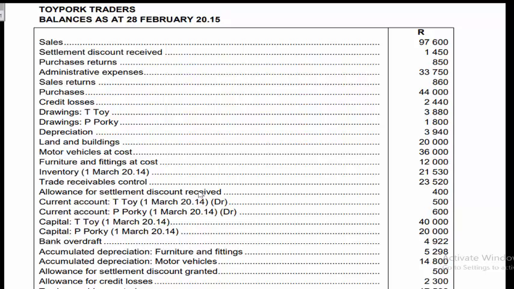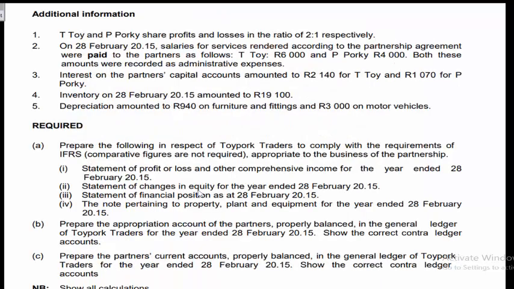Now I know interest on capital is also needed. So let's look at, on the 1st of March they had 40,000. So T-Toy had 40,000. P-Porky had 20,000. Okay, so we know the balances as at the 1st of March, the beginning of the year. Now what we are going to do is go and read some of those